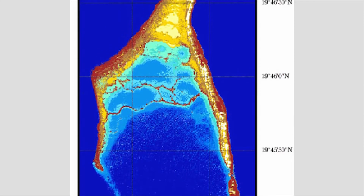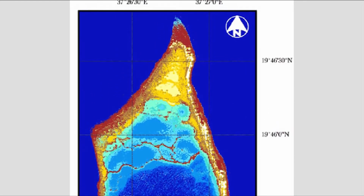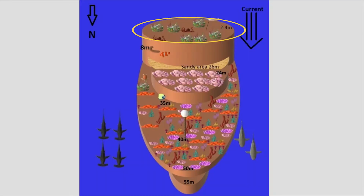The North Plateau is our main point of interest. The top of the plateau is around 2 to 4 meters of depth, and it has a very beautiful coral garden. That could be a really good spot for your safety stop or your last decompression stop according to your profile. Depending where the Zodiac will drop you, on the eastern side or the western side of the plateau, the